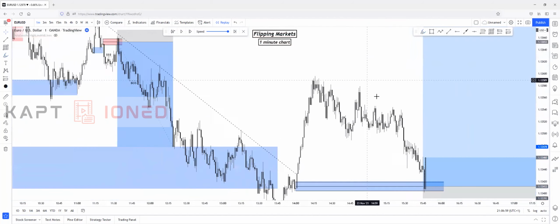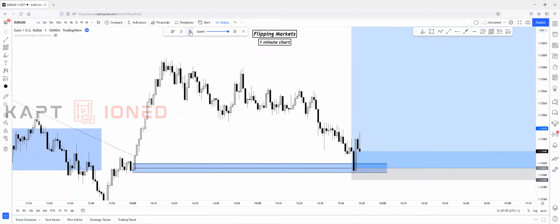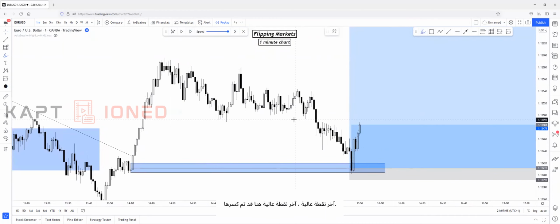Okay. So as you can see right now, we are tagged into the trade. We have to manage our trade. The last high point here has been broken. As you can see, this was the last supply zone, the last high point that tapped us into the trade, and this high has been broken. So we